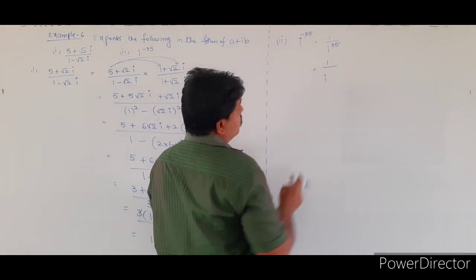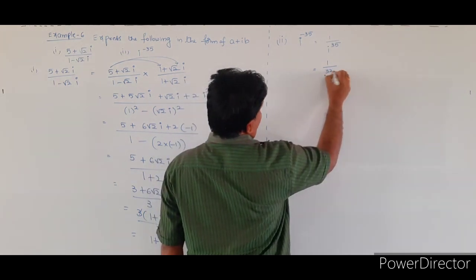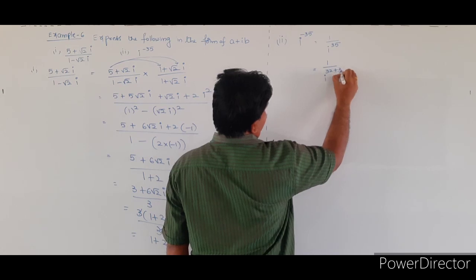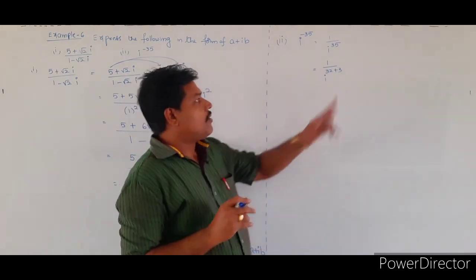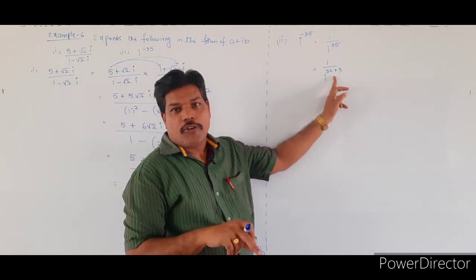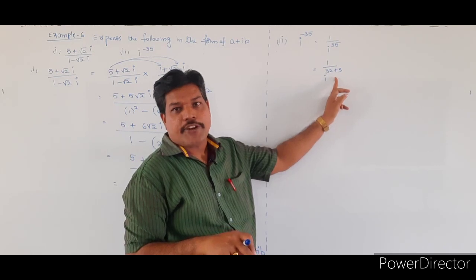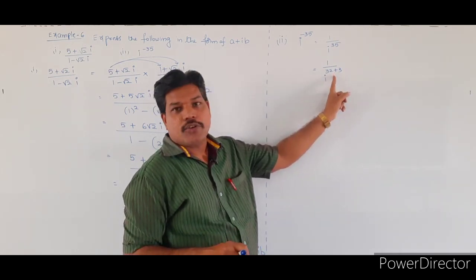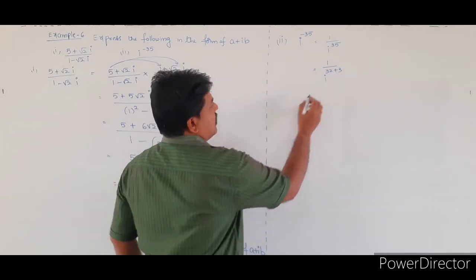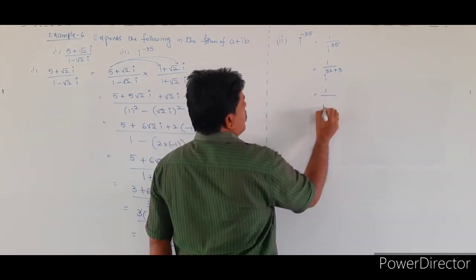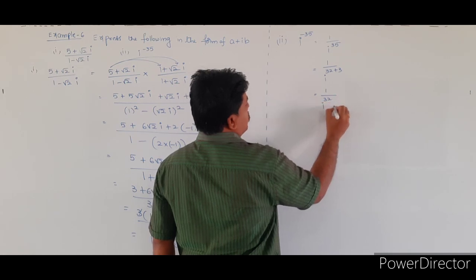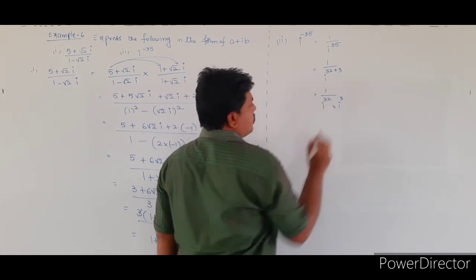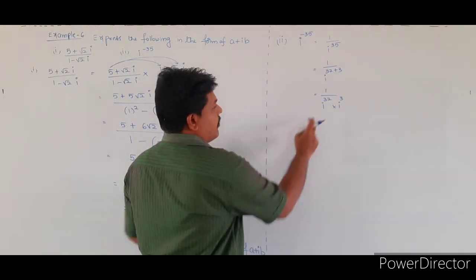That is 32, so 32 plus 3. You can take that because 32 is a multiple of 4. So you can take it as 32 plus 3, because i power 4 is 1. So I will split the term here: 1 by i power 32 into i cube. Do you understand, students, why I have written it like this?